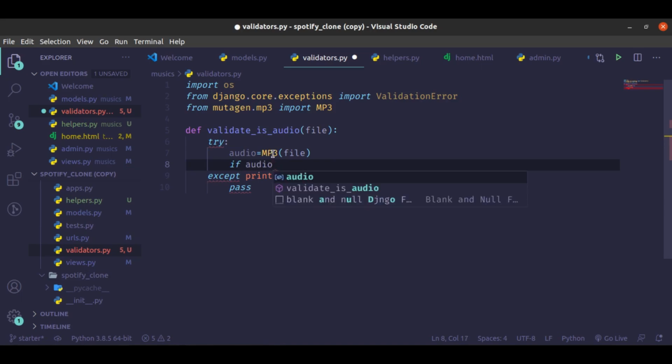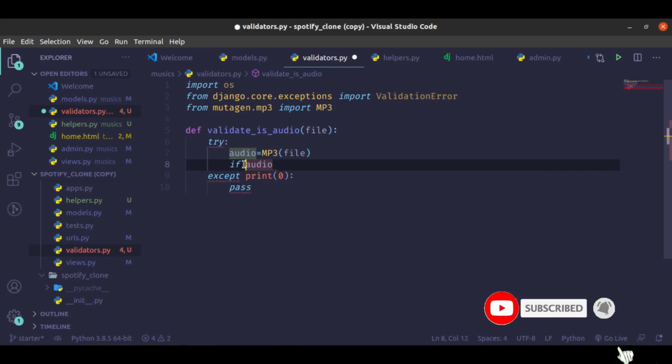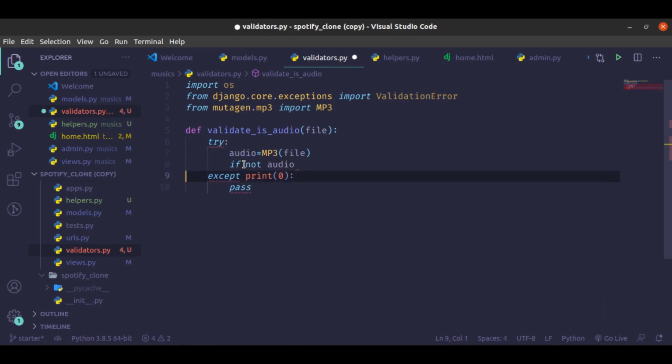If the file passed to this MP3 class is an image or a video, it is going to be None, and None is falsy. So we are going to check if not audio,